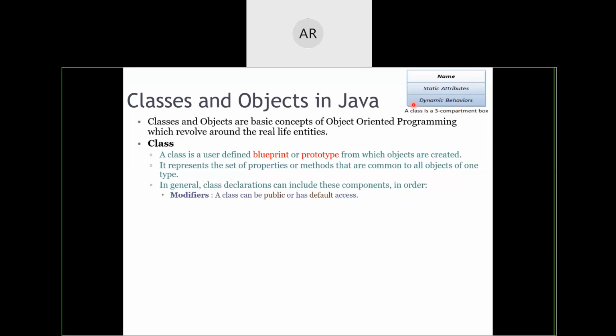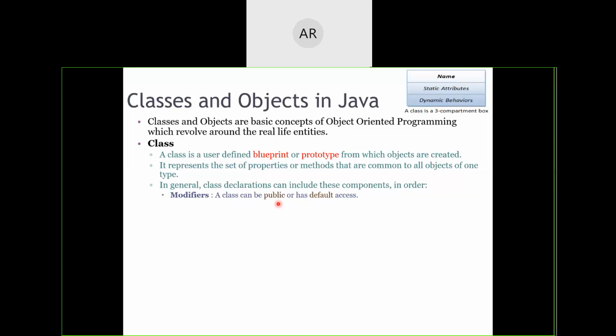If you want the class to be visible only within the folder where that class has been stored, then you have to use a particular modifier which is called default. But if you want that particular class to be visible throughout your programming, accessible to all the other classes, then you will call it public. You will specify the modifier as public.